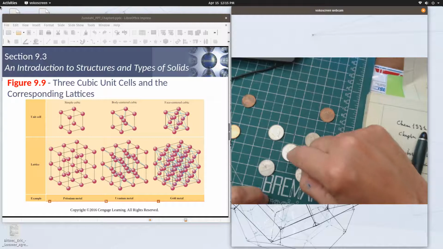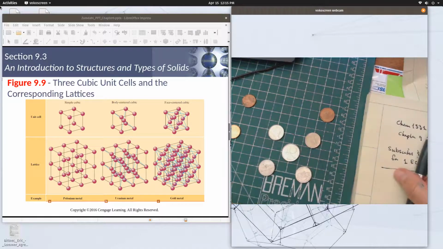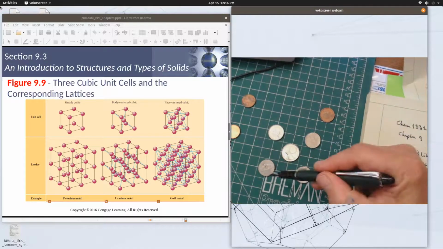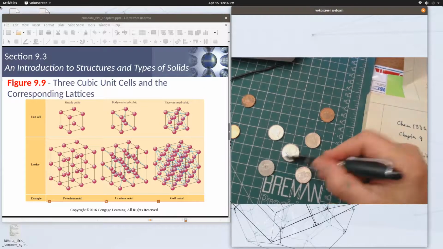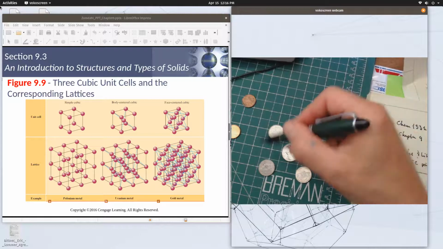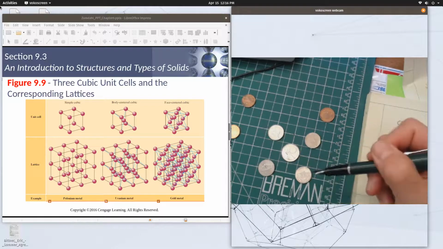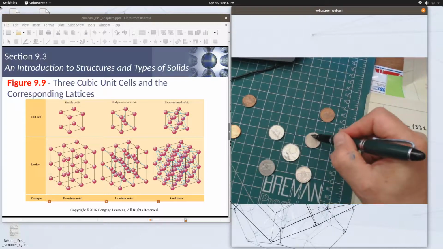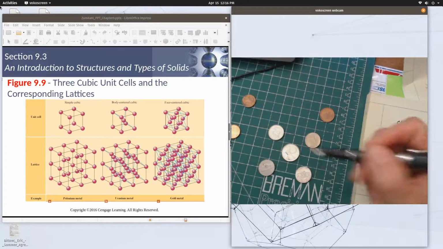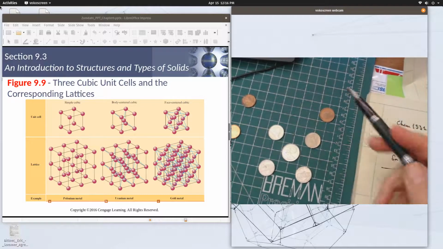So if I put a coin right here in the middle, well, now I have 2 coins per unit cell. So one whole coin that's not cut up, and I have 1, 2, 3, 4 coins that are cut up into 4 corners. So you have one corner of that, one corner of that, one corner of that, one corner of that, for one full coin. And likewise, if I were to have,